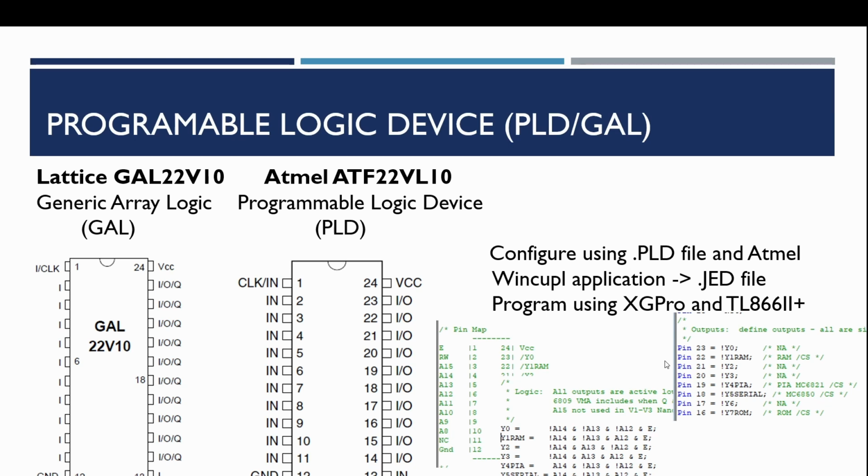And once we've programmed the PLD, we can just use that in our XG Pro EPROM programmer. We're going to fit it onto the board and just make sure that when we rewire the configuration, obviously the current chip I think is a 16-pin chip, and this is a 24-pin chip. So we'll have to move things around a little bit, but once we've put it in there, then basically everything should just work as we had before.